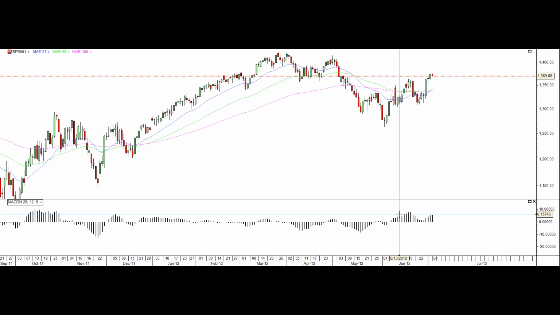On the flip side, if we want to do short trades, we're going to do that when the MACD histogram crosses down through the zero line into negative territory, but at the same time when the price action is below the averages or has broken through the averages. So for example, in this position, when it has crossed to the upside, you can see here the price action is still below the moving averages. So although it turned out to be a profitable trade at this cross to go long from this position, it is a bit difficult because it's a bit of a chop and it was below the averages,